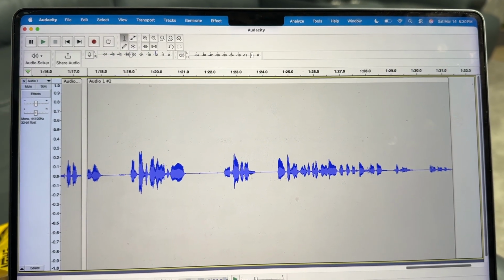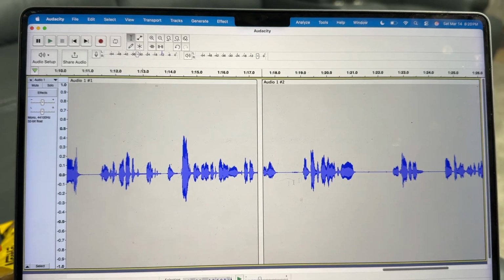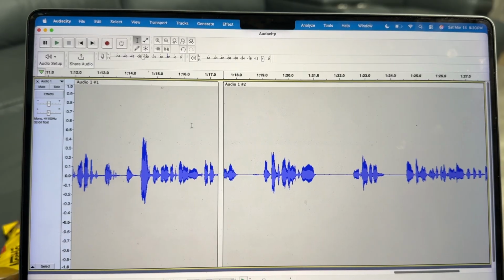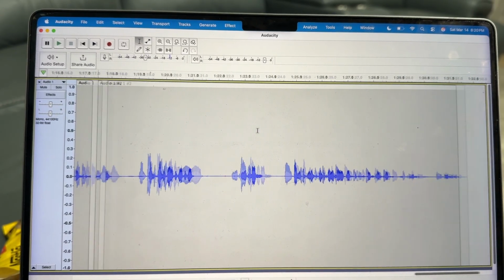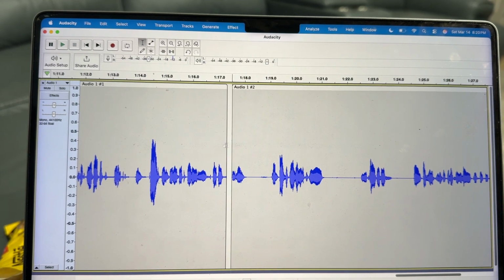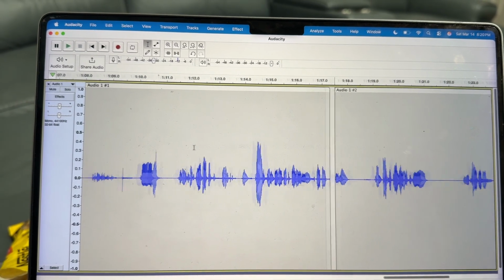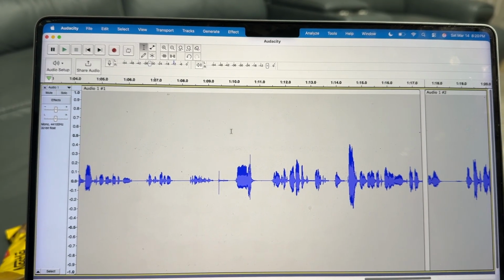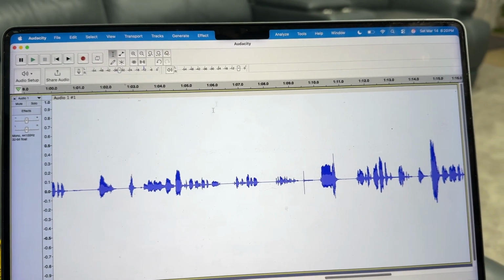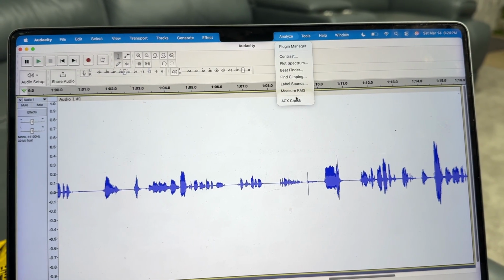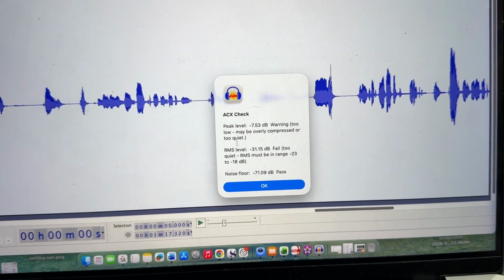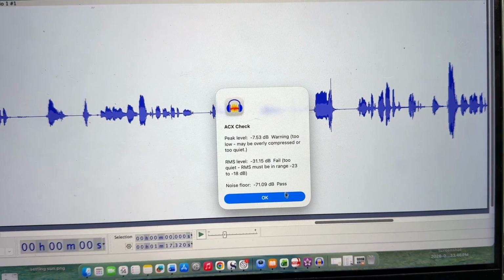Actually, I'll show you. If that happens, that's not the end of the world. You would still download it as one file. But if you have two separate sections, you have to make sure you run your filters twice. And then it is possible that they sound a little different, like you can tell the filters don't match. Anyways, that's just one thing. Okay, so you highlight your section. I am just showing this to show you. ACX Check shows you the noise floor is fine, but the peak level and the RMS level are not good.